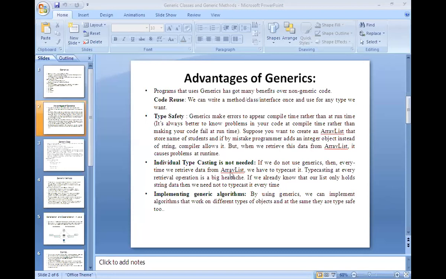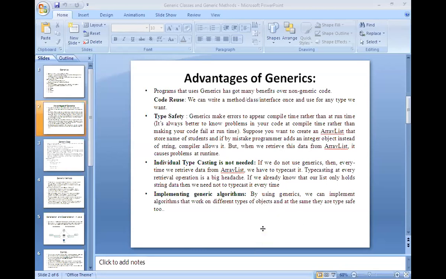As I told you, individually you need not convert each and every element in the array. The total typecasting responsibility will be taken care of by the compiler itself if you implement it in a generic way. And then implementing generic algorithms, like a generic medical shop where we find a single tablet for all kinds of pains.